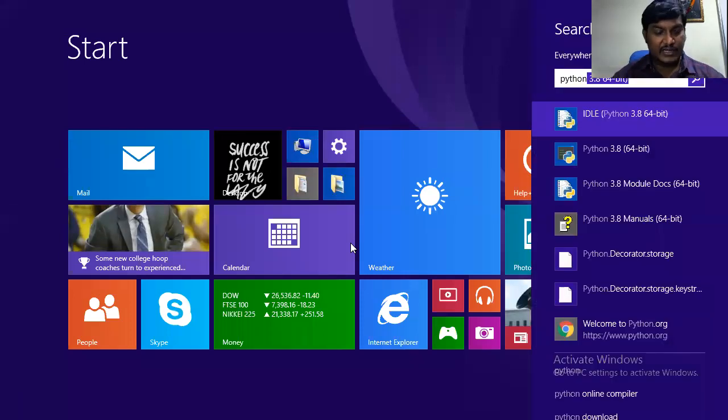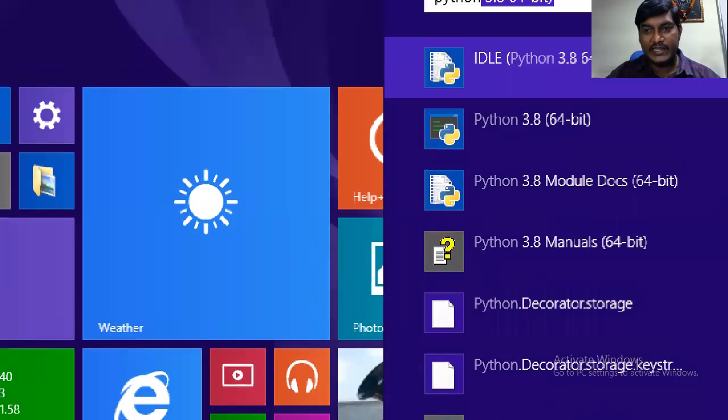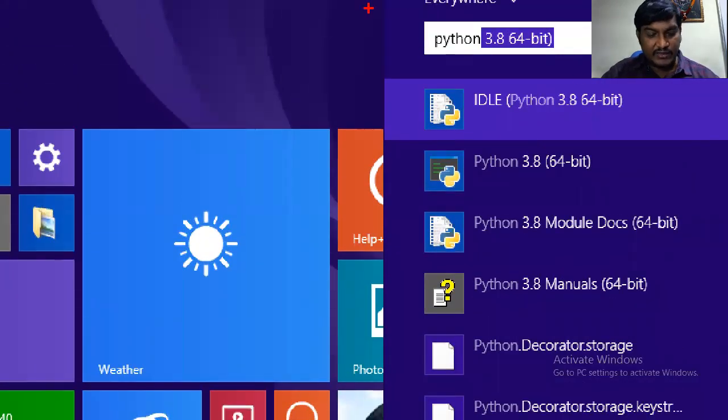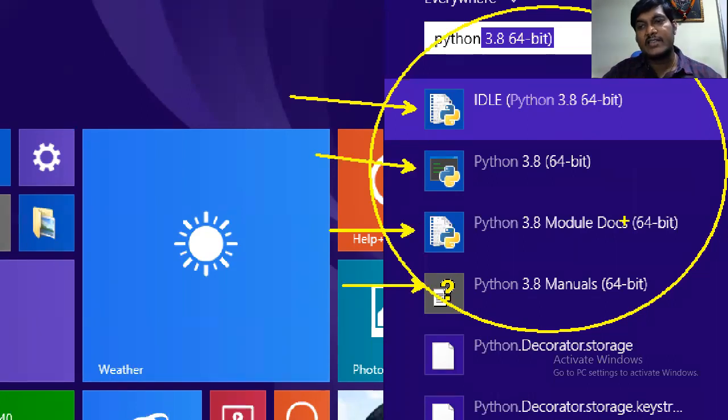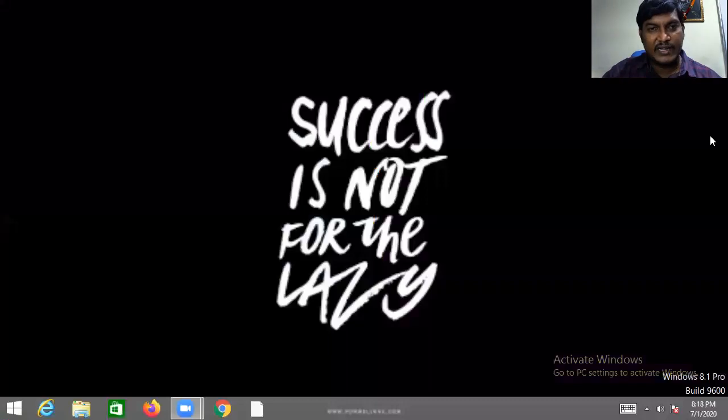When you type Python, you will get all these things on the right side: Python IDLE, Python shell, Python module docs, Python manual, like this. All this will be available. Ensure that if it is there, your system is ready with Python.